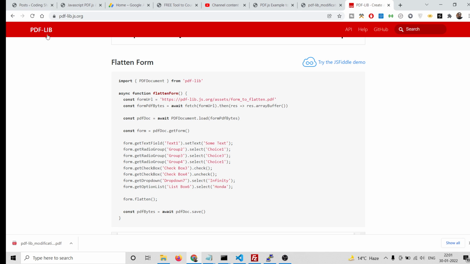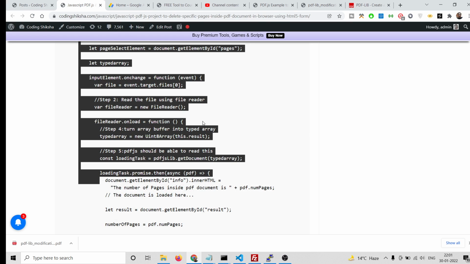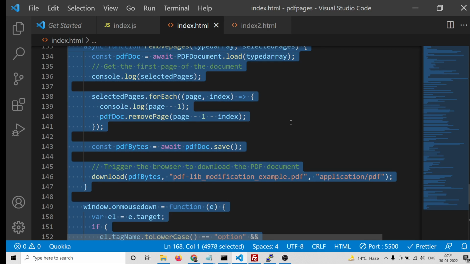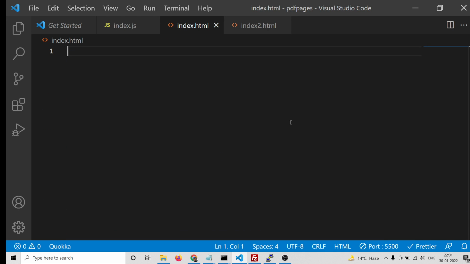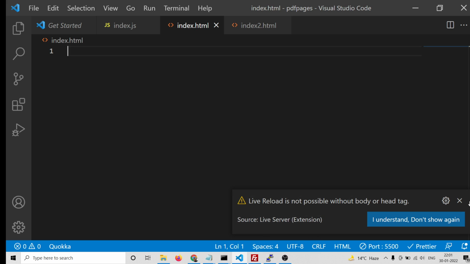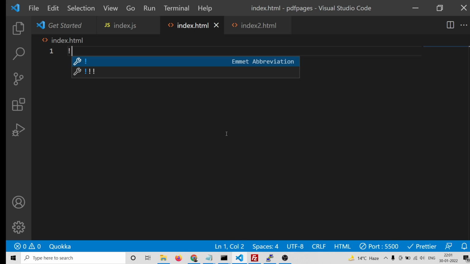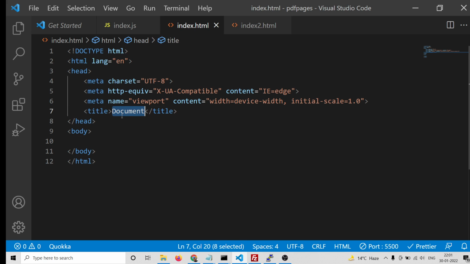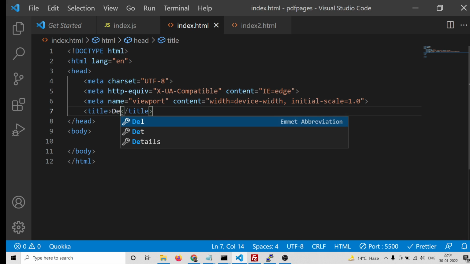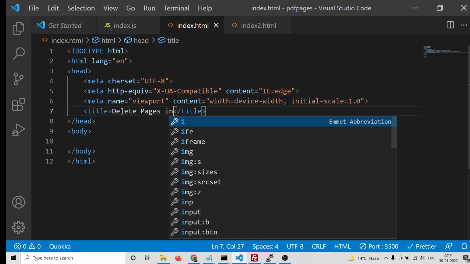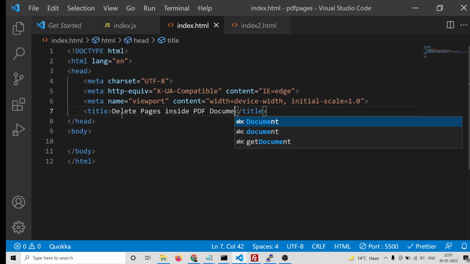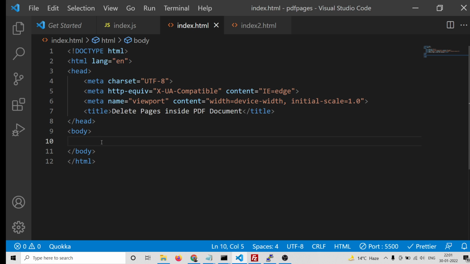So you can read more about them inside their respective websites. So let's start building this application. Just open your favorite text editor. I'm using Visual Studio Code text editor. So inside this, we will have the simple index.html template. So we will say delete pages inside PDF document. So simply we will say here,